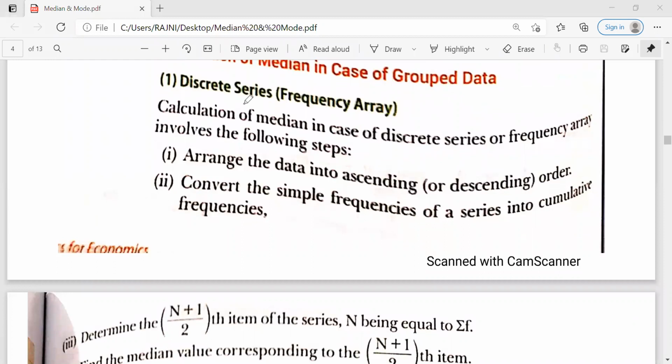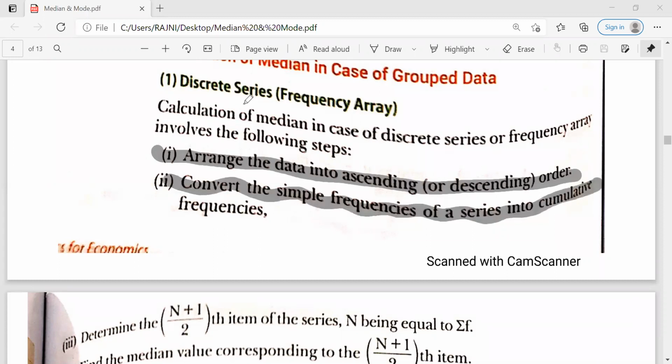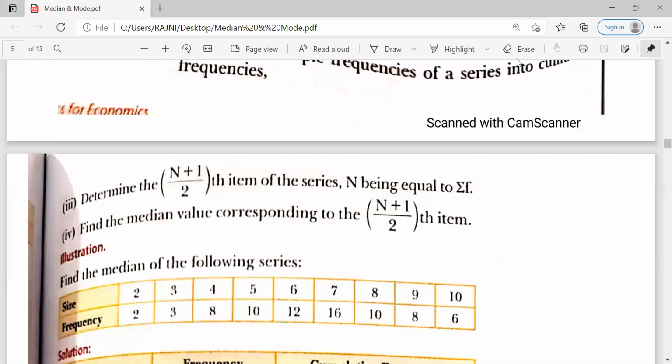Firstly, we will arrange the data in ascending or descending order. Then the major extension is that we just have to convert the simple frequency into the cumulative frequency. Cumulative means addition of one item into another item. After that, the same step will be taken.